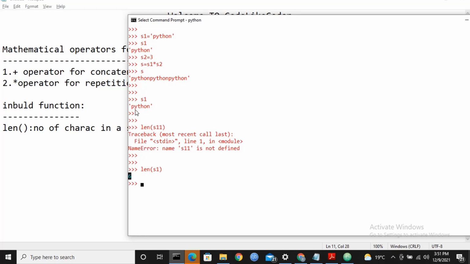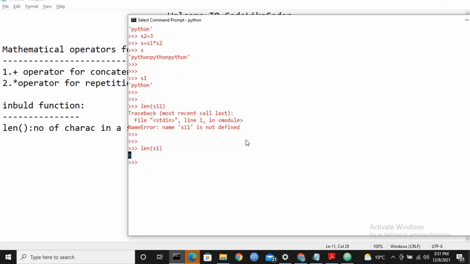So whatever characters are present in a string, it will count all the characters and return the output, and the length function always returns integer type of data. Okay, let's check one more example. Python is very